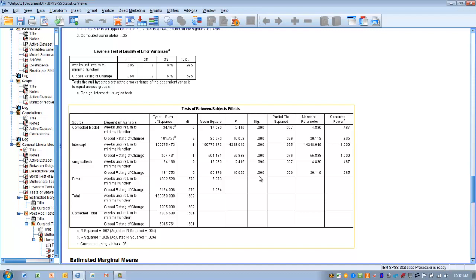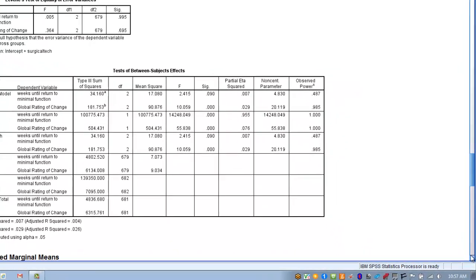But for global rating of change, we're able to reject the null and say that treatment did have an effect on the rating of change outcome. So now we can move on to do post-hocs for global rating of change to see which techniques were different from each other. So now we want to move down